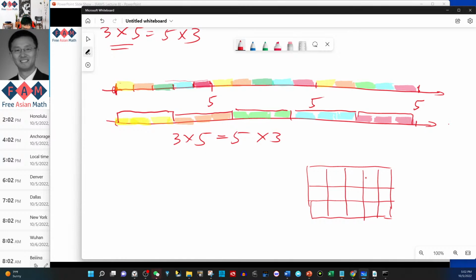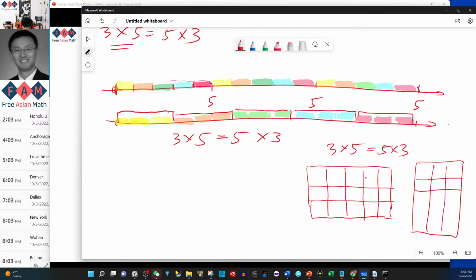So this is nothing but 3 times 5 equals 5 times 3. If you rotate this grid by 90 degrees, you get something like this. This can also explain why 3 times 5 is 5 times 3. But how about the